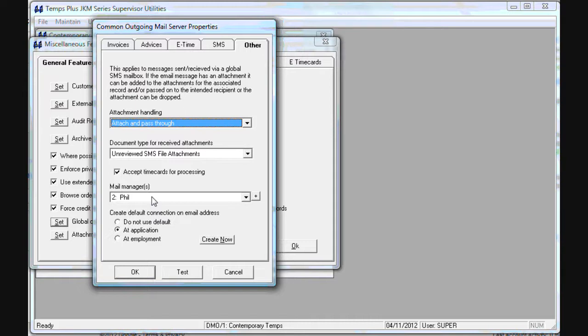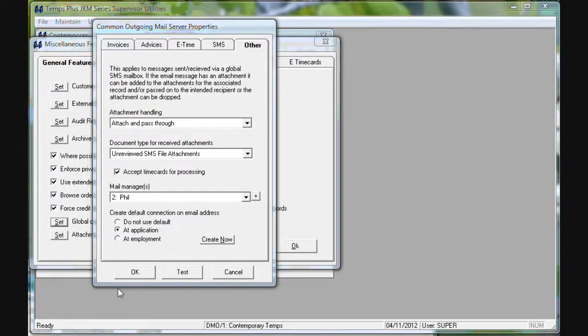And likewise, if there's no mail manager for a given location but there is a postmaster, it will send any unroutable mail to the postmaster for the mailbox. So once you've set up mail managers for the various locations and an overall postmaster, you can create default connections for the employees, or as a matter of fact, for applicants and or employees, depending on when you want a default connection set up, which will establish a link